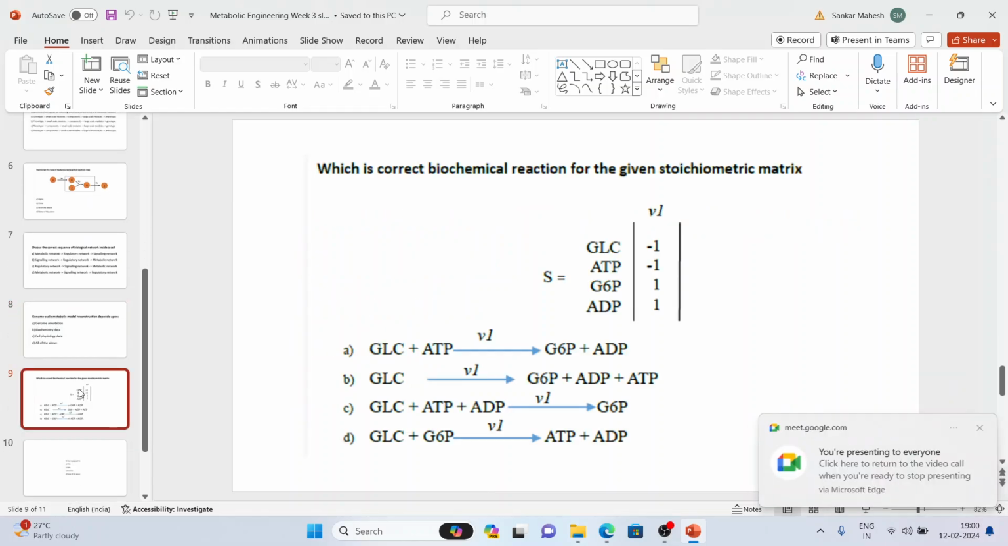The next question is, which is the correct biochemical reaction for the given stoichiometric matrix? So here they have a matrix called S, and you have something of the sorts of